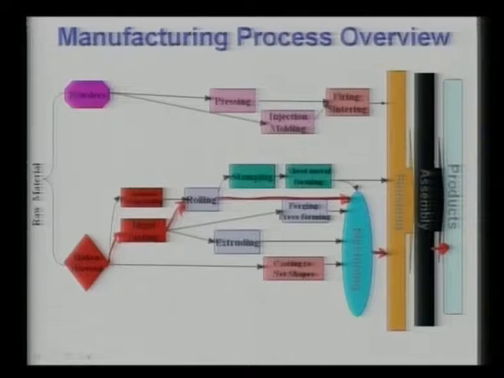There is another way of making this same plate, that is the continuous casting or continuous rolling route. Continuous casting means this molten metal is poured into a mold and continuously cast through the continuous caster machine, and then depending on the thickness of the rolled product that you want, this continuous cast product can be subsequently rolled to the desired thickness, and then it goes to the finishing stage and assembly stage.